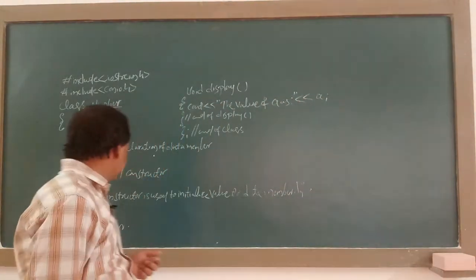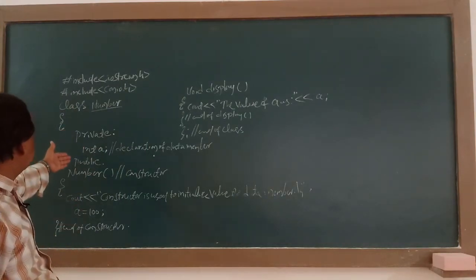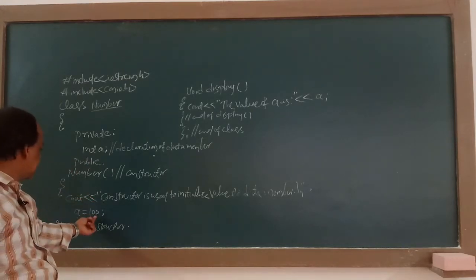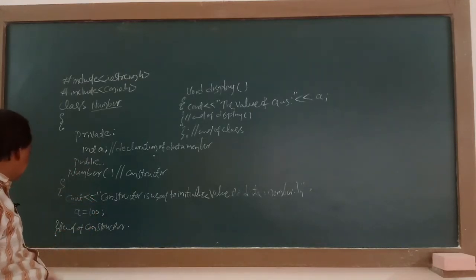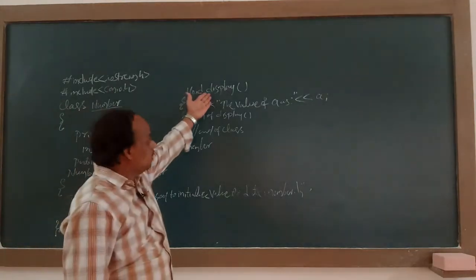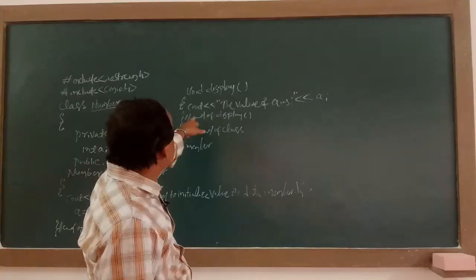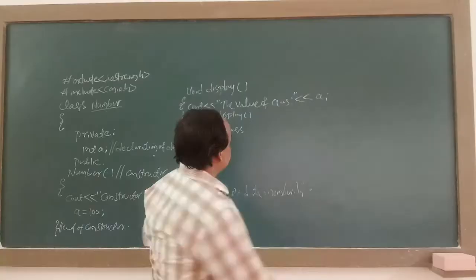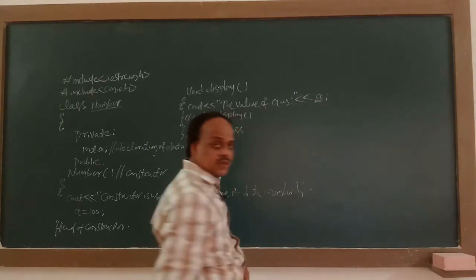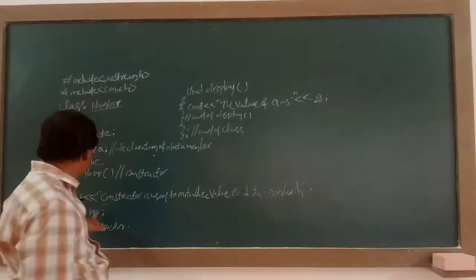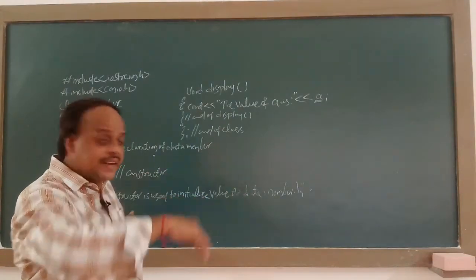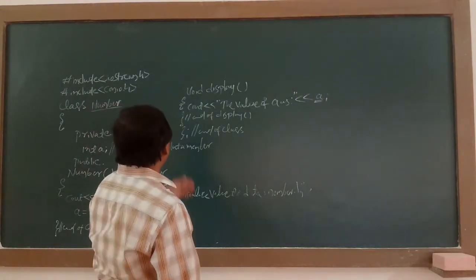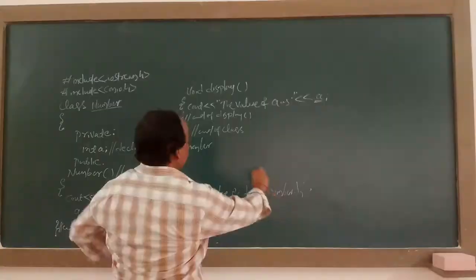ಓಕೆ, ಸಿ ಹಿಯರ್ ನೌ, ಜಸ್ಟ್ ಇನ್ ದ ಕ್ಲಾಸ್ ಐ ಡಿಕ್ಲೇರ್ಡ್ ಡೇಟಾ ಮೆಂಬರ್ and in the constructor I initialize value to that data member and I closed the constructor. In display function, just I am writing one sentence, the value of a is a, means this a contains what, value 100. So that value is assigned in constructor, right. Now I am closing class and I am writing one main function,